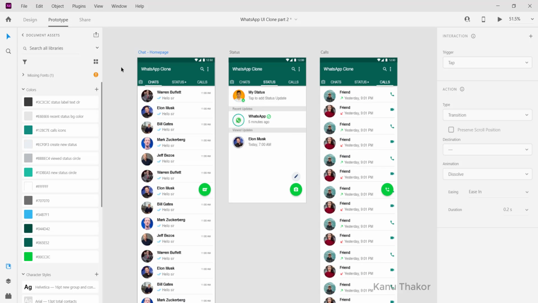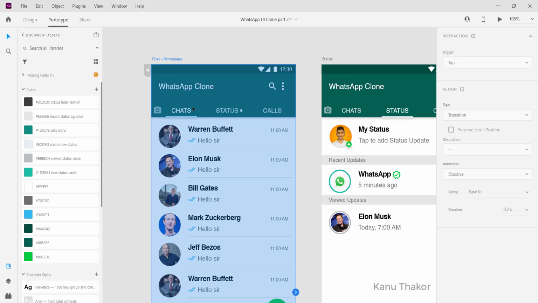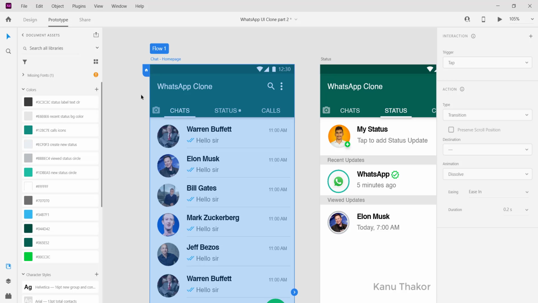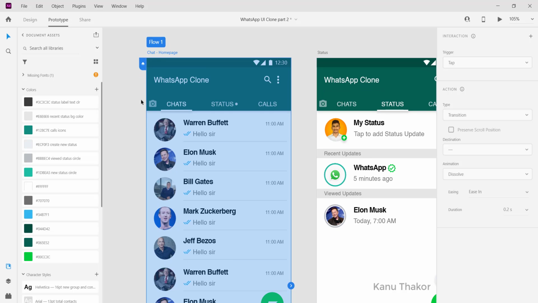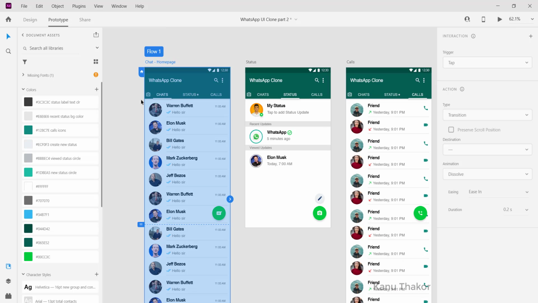So here, first of all, this is the home page. For making it the home page we will check this icon and click on it, and as you can see, this is now the home page. Whenever we open this app it will show this page as the home page. Now we want to add those clickability functionality.